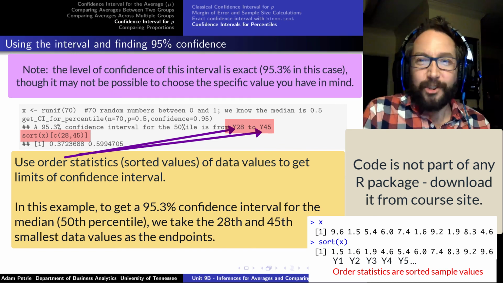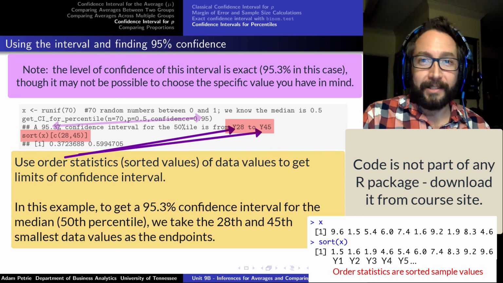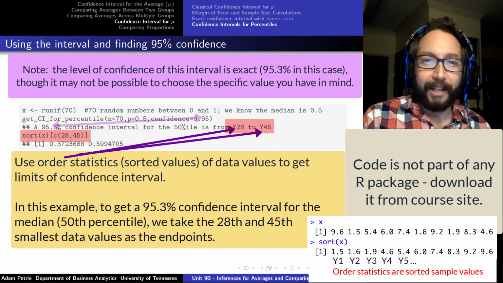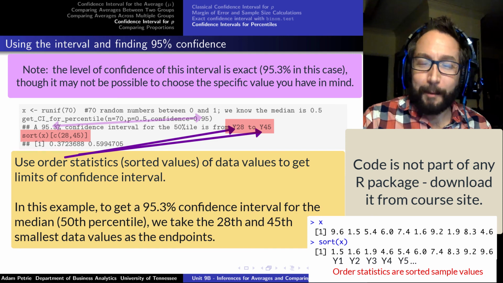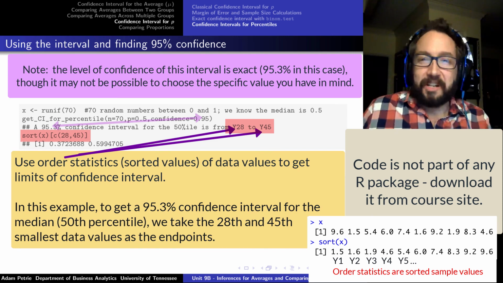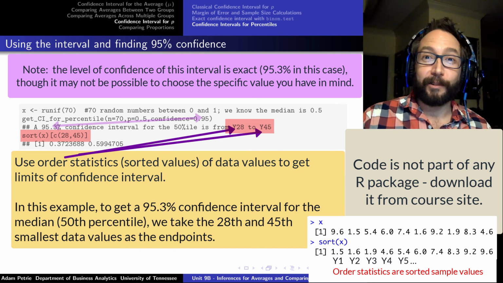It turns out that we're actually going to know the exact level of confidence when we run this command. With that central limit theorem, the double layer of approximations about normality, the sampling distribution of x bar, we're always getting that approximate 95% confidence interval out. Here, kind of nice, we have an exact level of confidence, a known level of confidence.